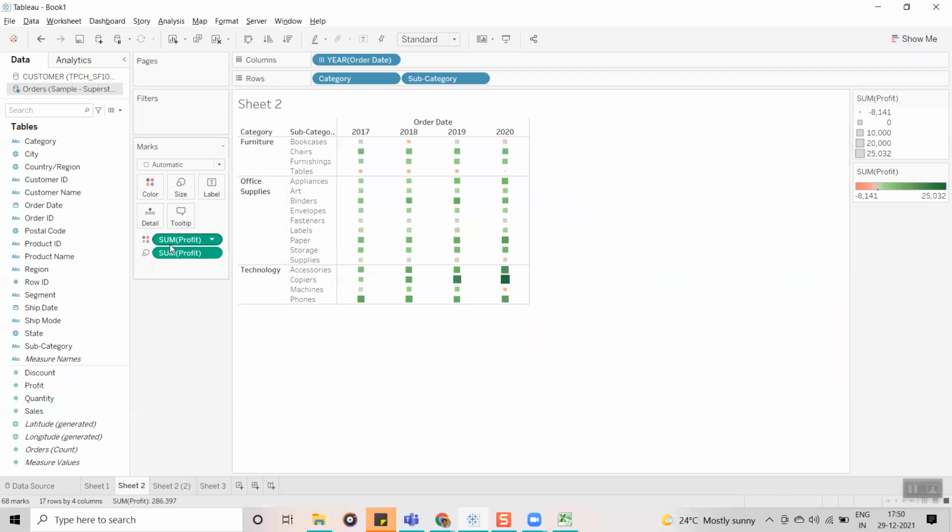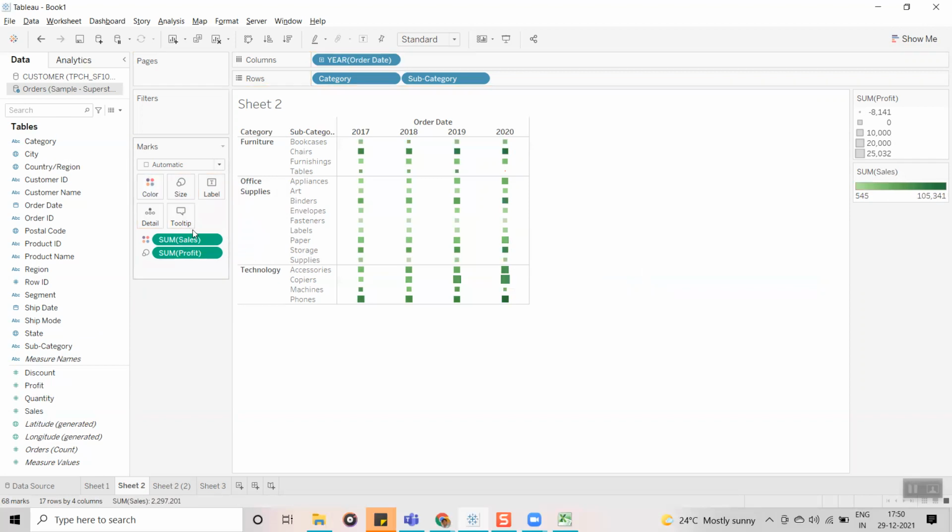Now I am already using profit. Now if I use sales into colors, what is going to happen? Now I want to keep the sum of sales into the color shelf. Let's observe what has happened.